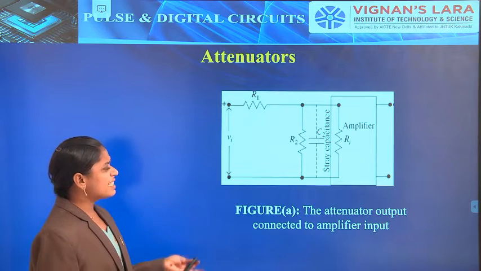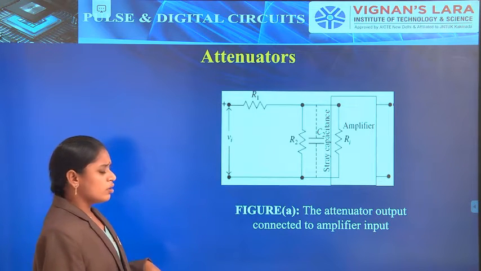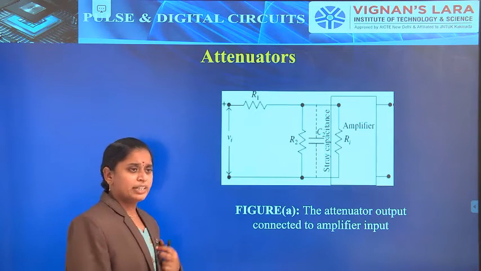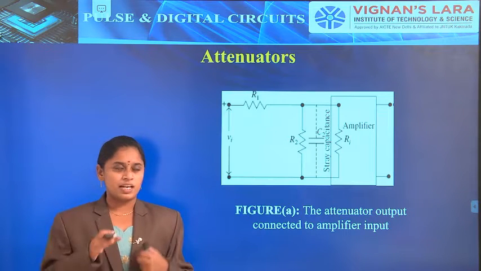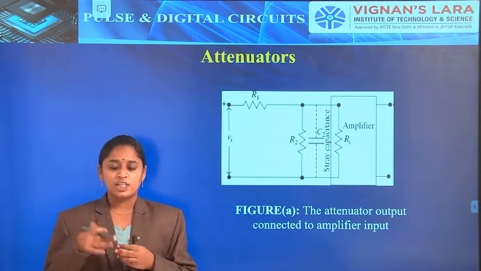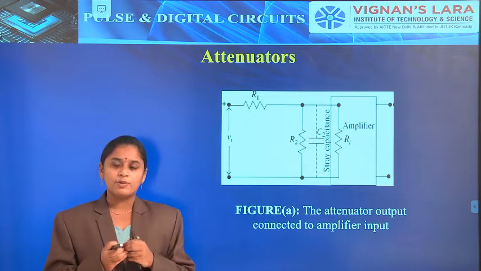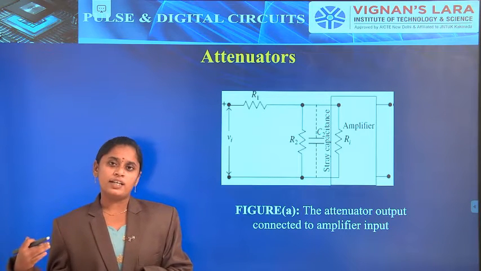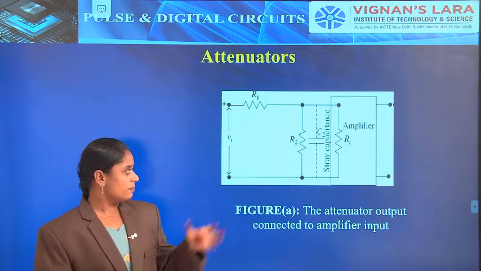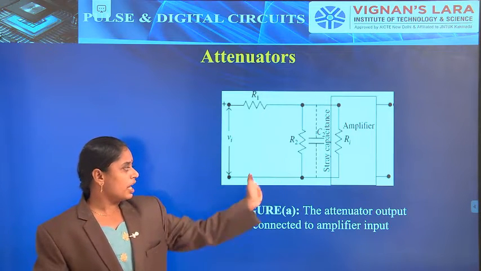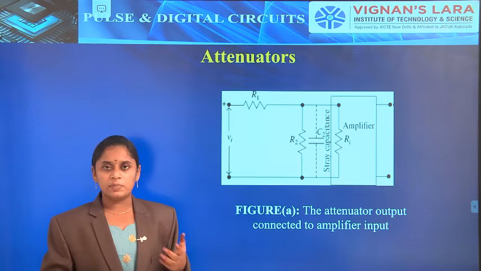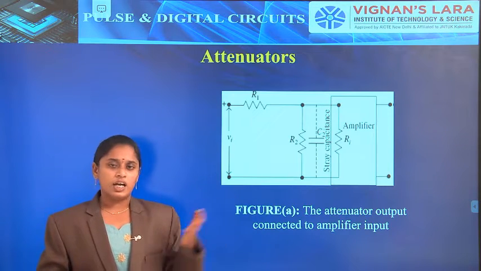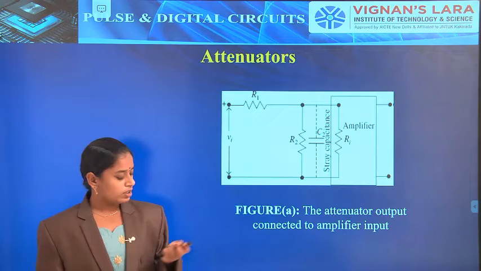So this is a general example. Simply we can say that in terms of the attenuator, we majorly use it in the CRO sections as well as the transmission section. It reduces the amplitude levels, and at the output side it increases the amplitude. After attenuation it is given to the amplifier, which can boost up the input signal and send it to the particular output.